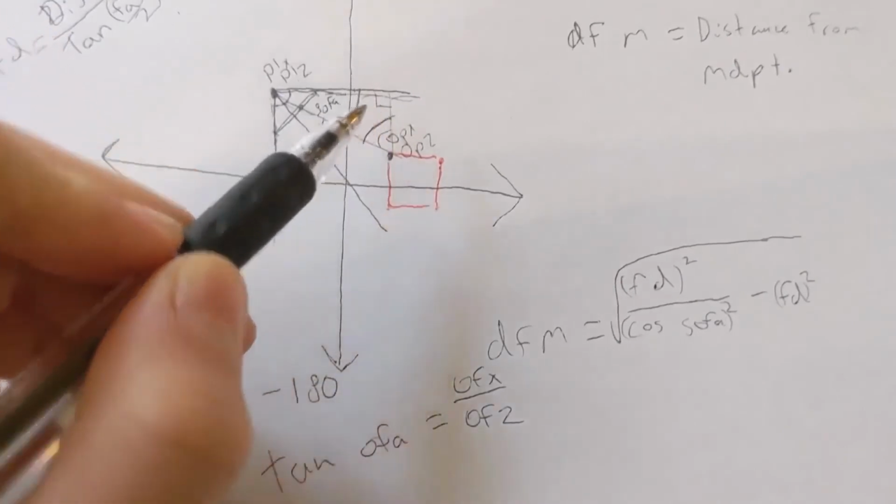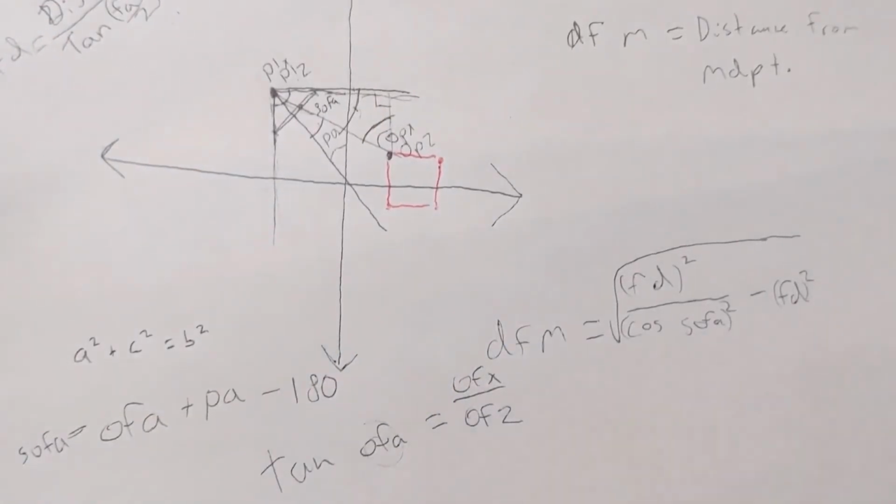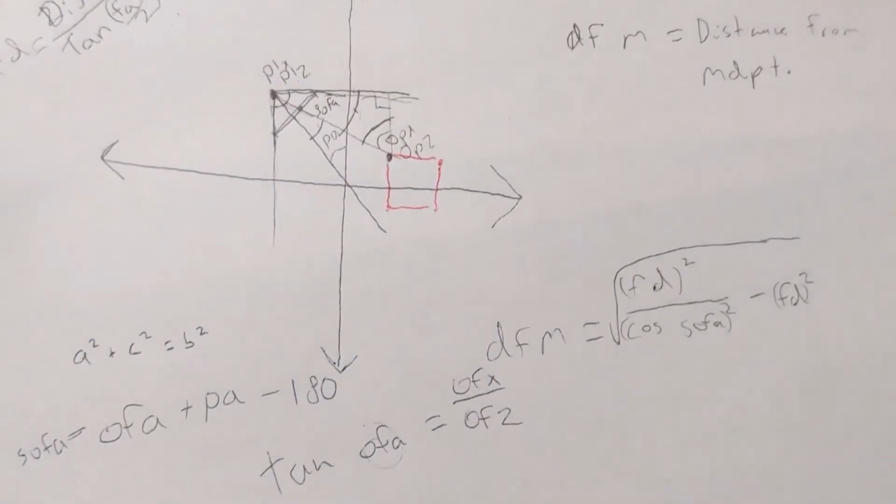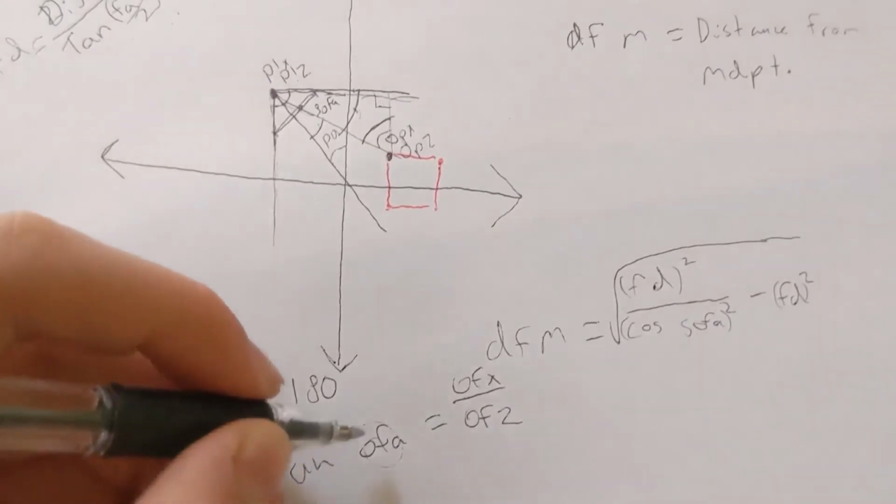This side over this side equals the tangent of this angle, because opposite over adjacent. This means that we can say that tangent of offset angle equals offset X over offset Z, which means then